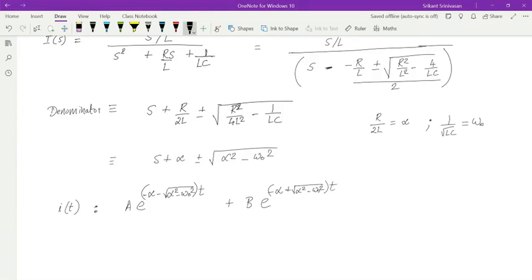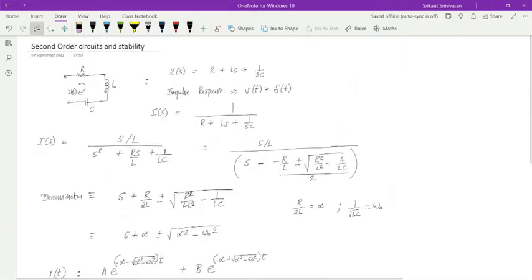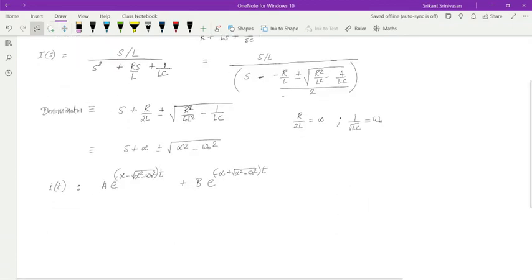Very straightforward. So when I have an RLC circuit, all I needed to do was just get the Laplace transform. And I know that this is the impulse response. So the Laplace transform is the response current transform. Current is nothing but the admittance function. And now I want to find out what is I of t. I'm going from I of s to I of t. And I know that by inspection, I can directly tell from the denominator what are the roots of the equation. And therefore, this is going to be the form of the equation. So what does this tell you?